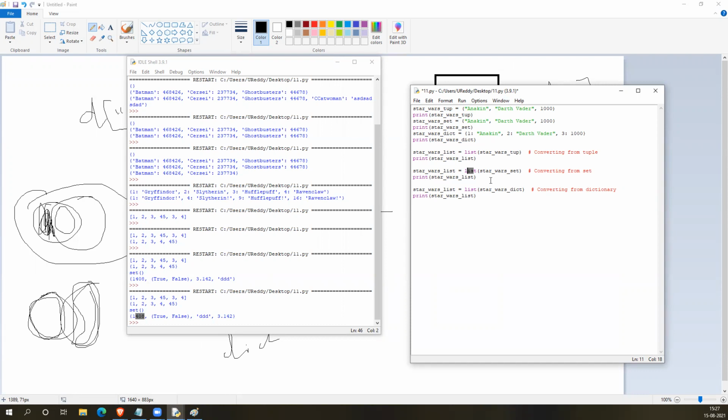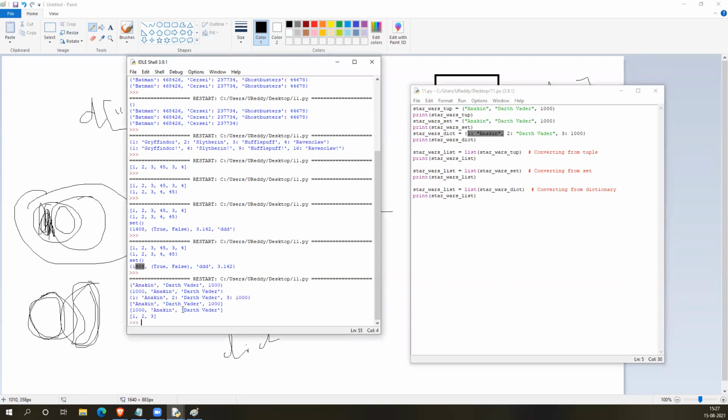But when converting a dictionary, this dictionary object will be converted to a list of tuples. You see, converting from dictionary. It seems it created two separate lists. Sorry, not a list of tuples. It created two separate lists. One with only the values, and another one with indexes.